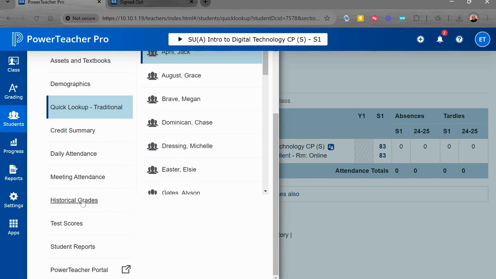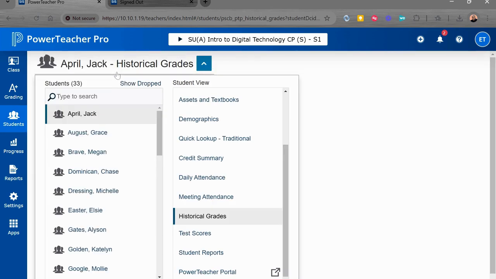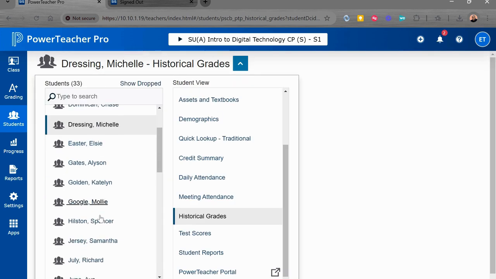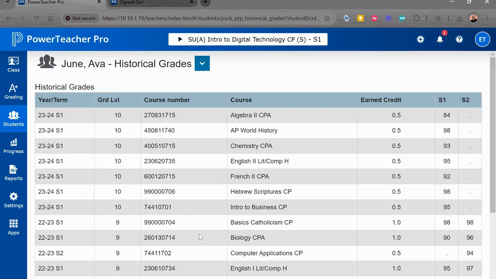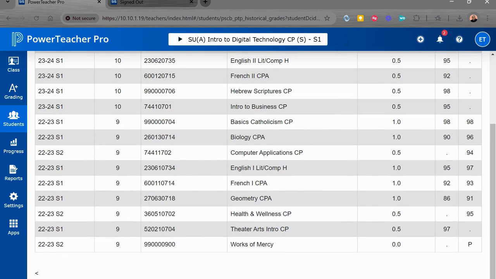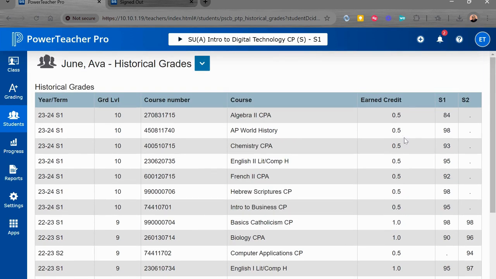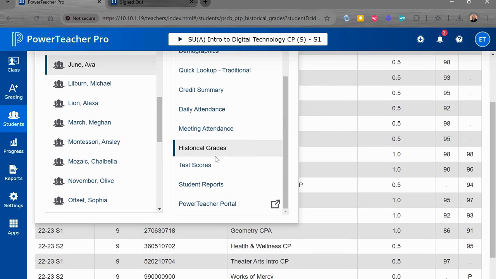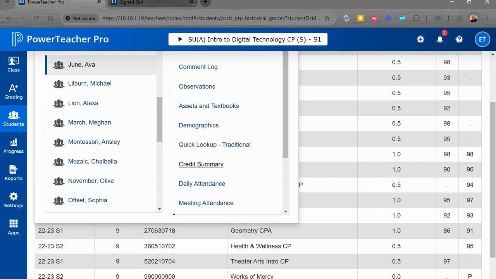Another great thing to be able to view from here is historical grades. If you're curious about historical grades on a student, let's see if we can find. You will be able to see those grades here. So for instance, I can see the grades, and I can see from what term and semester, S1 or S2, also the name of the course, and the grades are here, and if they earned any credit for it. This will be a very helpful tool in just viewing individual information about students,